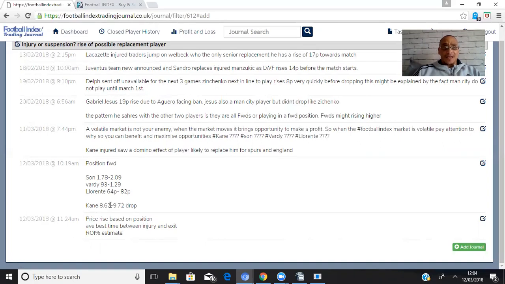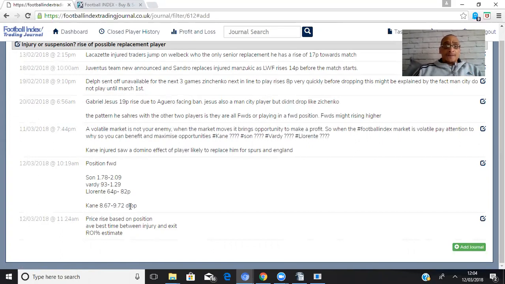So if you look at the drop from Kane, obviously it was a lot bigger. It was over £1. But if you managed to get on all these players at the right time, you would have hedged what you would have lost on the drop on Kane and taken some profit here. And then ultimately, if Kane did rise to his potential again, because you don't know how bad the injury is, it's a fantastic trade because you've hedged against your drop, and also you're in a position where if the injury isn't too bad, Kane will rise anyway. If he's going to reach the World Cup, he will rise eventually.